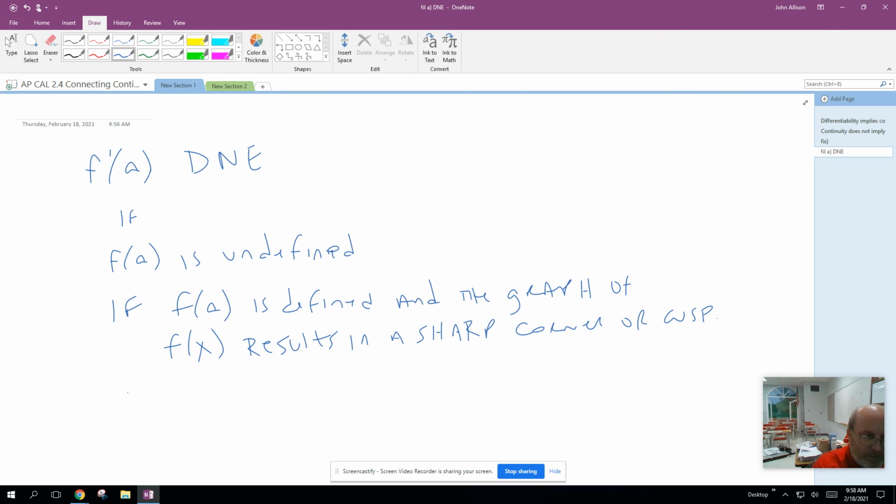If the limit as x approaches a of f of x minus f of a over x minus a does not exist, that's when f prime of a does not exist. As long as we say f prime of a does exist,